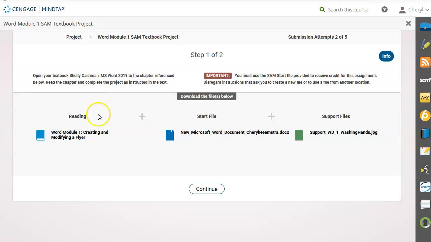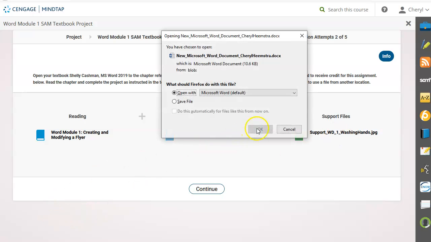For the textbook projects, the instructions are actually in the textbook. So there's a link to the online textbook. Here is the starting file, and of course when you click on it, it will have your name and the student's name. And if there are any support files that are needed, you can download the start files. So you click on the start file,